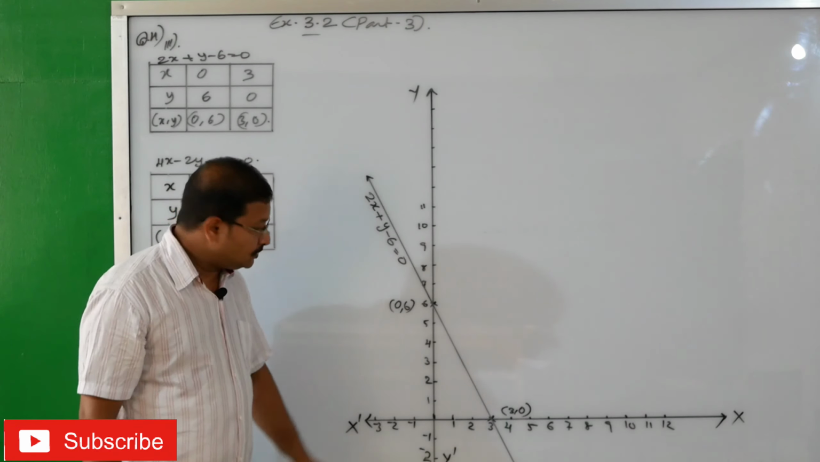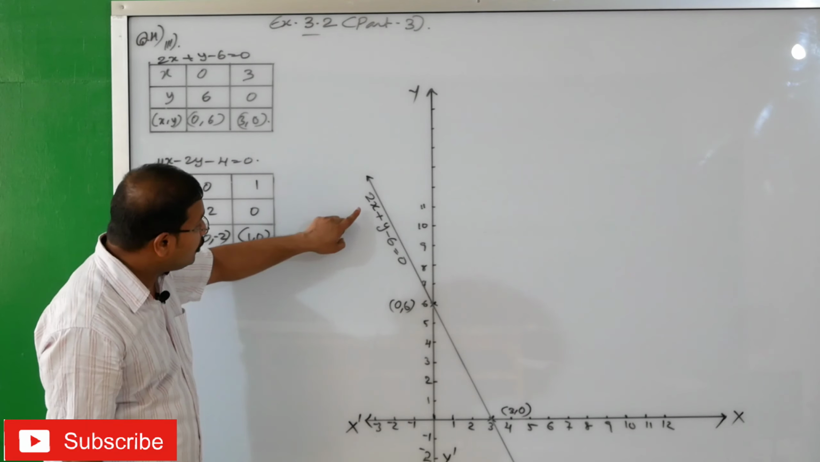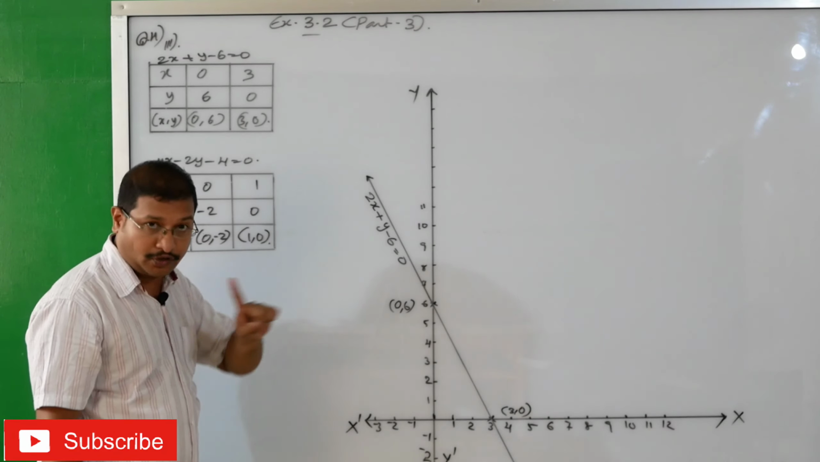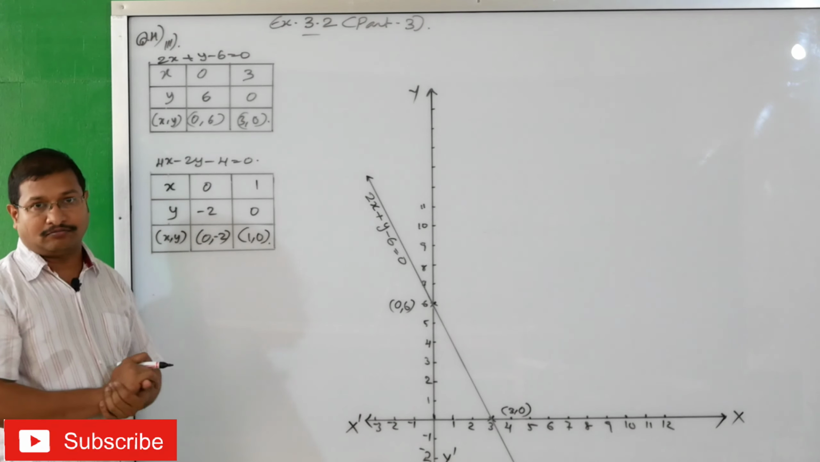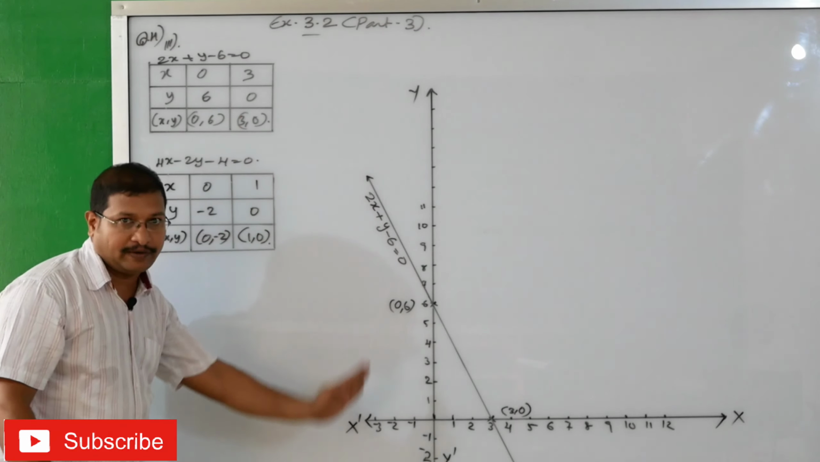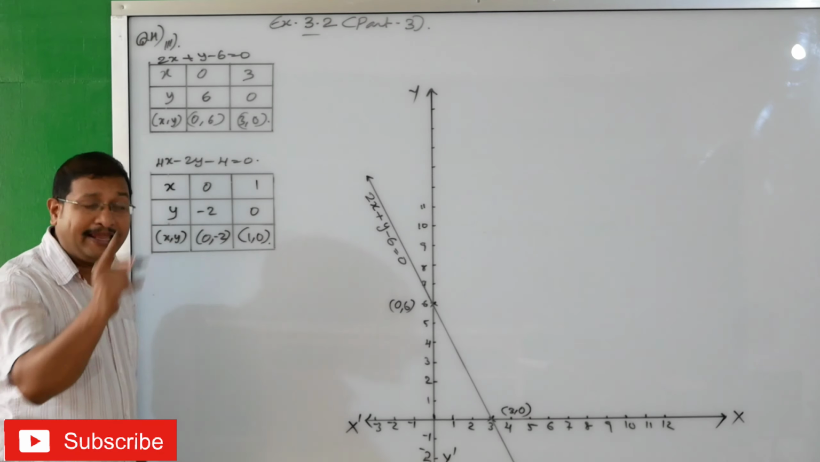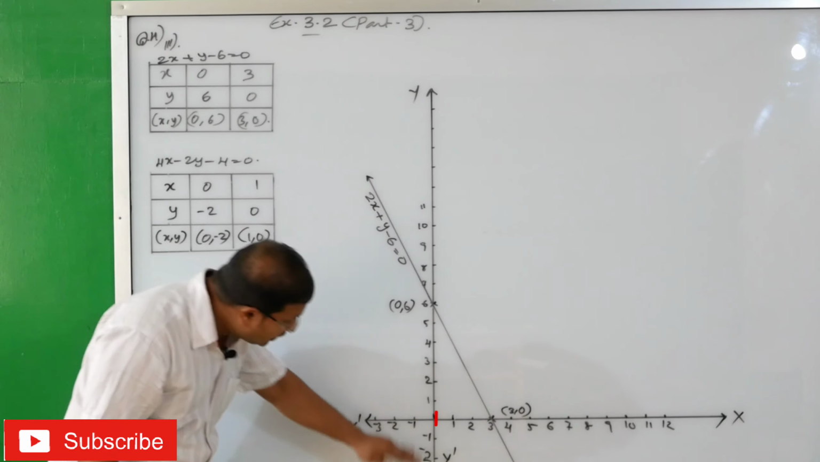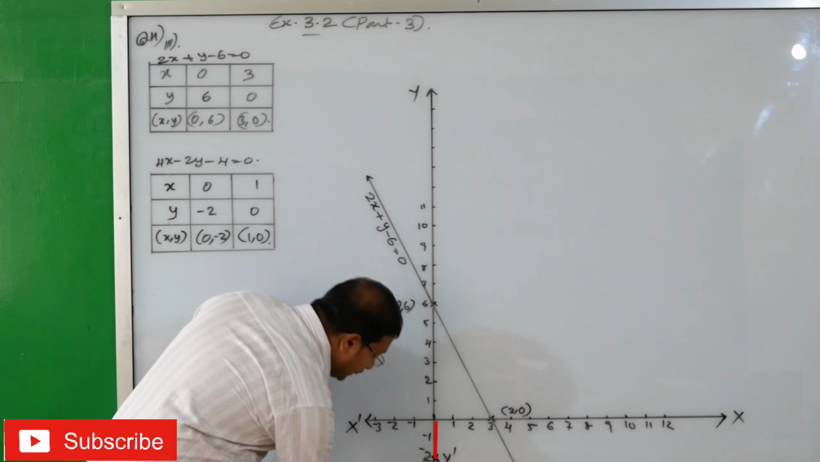Now, let us join. See, we got the line now. We have to write here the first equation, that is 2x plus y minus 6 equal to 0. Let's see the second table. See, x equals 0 means y-axis. After that, y equals minus 2. y equals minus 2 means downside. Here we'll write